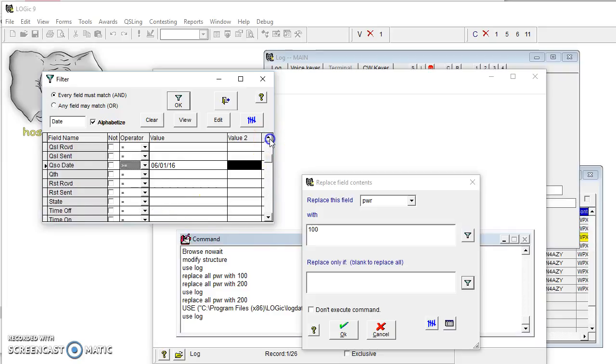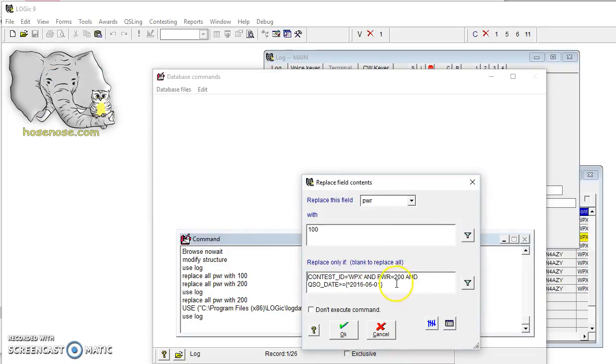I also only want to change the QSOs where the power is 100 watts. Maybe I worked a few QSOs that I did QRP or something. I don't want to mess those up. So I'm going to make sure that the power that I'm changing is 200 watts. And let's also make sure that the contest ID is WPX. And I can click OK here, and it kind of generates a computer expression for me that defines what I want to